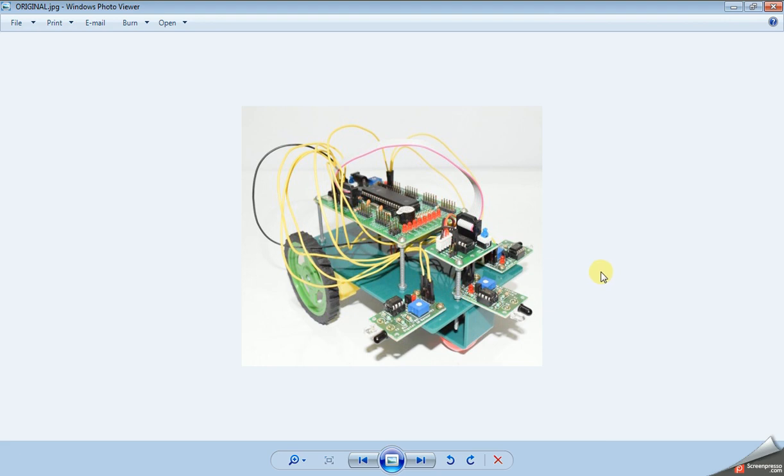As you see, there are three IR sensor pairs: one connected at the left side, one at the front, and another at the right side, as shown in the image. And there is a microcontroller board and a relay driver to drive the motors.